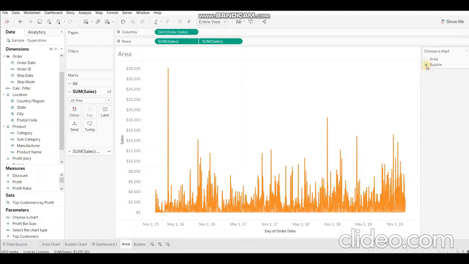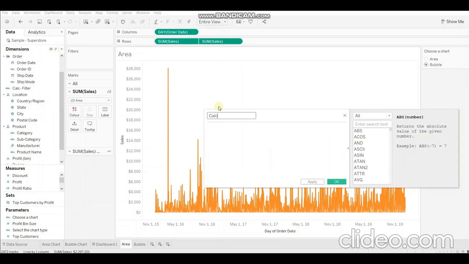Right now, if I change the parameter values, the visualization has no impact because there is no relationship between the visualization and the parameter. If you critically observe, we are just filtering the sheets on the dashboard, which means the selected parameter value needs to be pulled down on the filters shelf. But there is no provision of using parameters on the filters shelf in Tableau right now. So I'll use a calculated field which will act as a mediator.